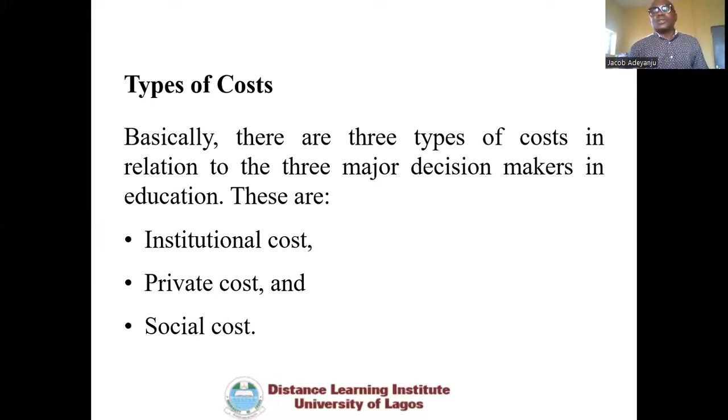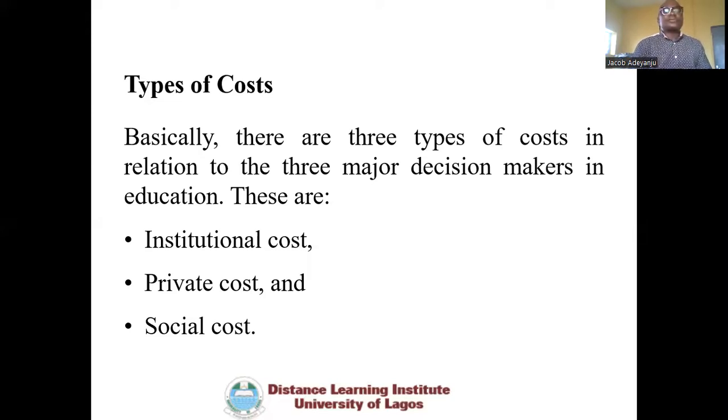While recurrent costs are the costs that are incurred on items that recur on a daily, weekly, or even monthly basis. And this includes salary, cost of electricity, cost of fueling the generating set, cost of fueling the vehicles, and so on and so forth. Then we move to the second type,